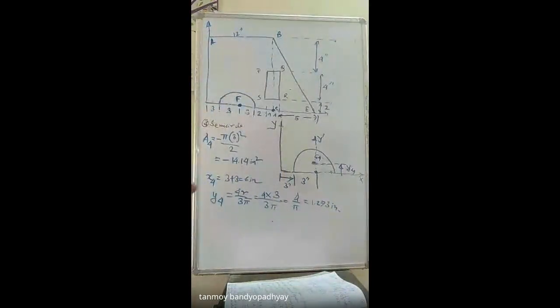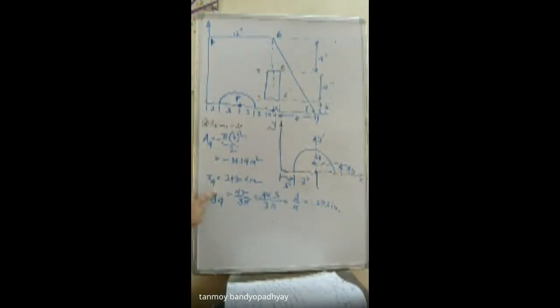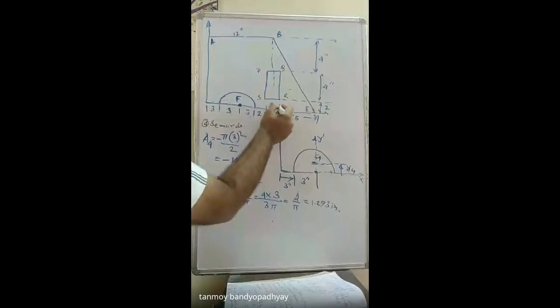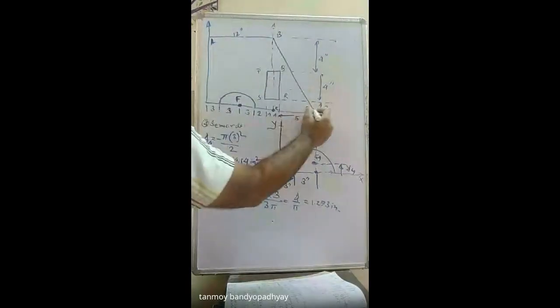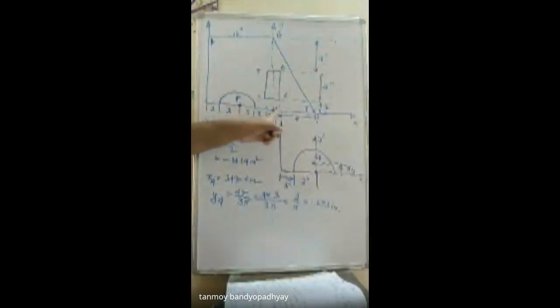You can see that here x4 and y4 are positive. If I put them in the formula, it becomes confusing which one is negative, A or xy. So you have to understand that only A is negative. x and y can be negative or positive based on the coordinate system chosen. For this problem I have chosen the coordinate system anywhere. I could have chosen the coordinate system here also, and it would have yielded the same results.